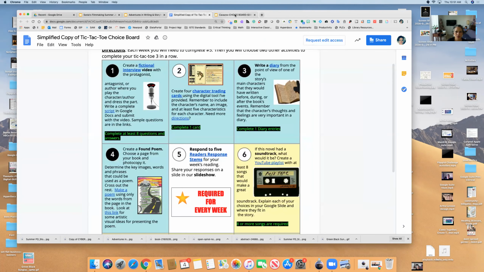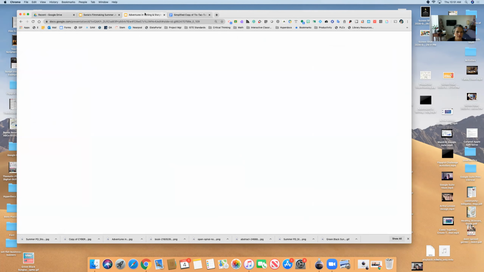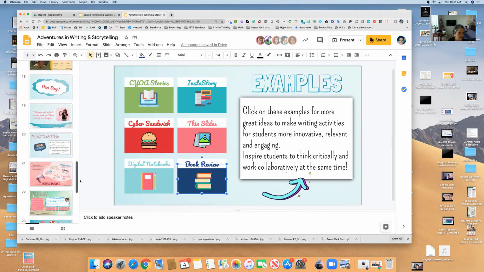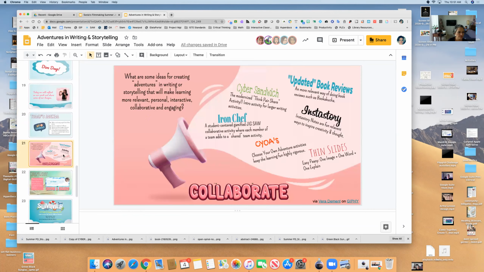All right, any questions? I'm going to go back to our presentation here. Do you think y'all might ever have a PD for how to make a Bitmoji classroom? Tanya's doing that. So I'm going to share that here with you in just a second, and you can see when she's going to do that.